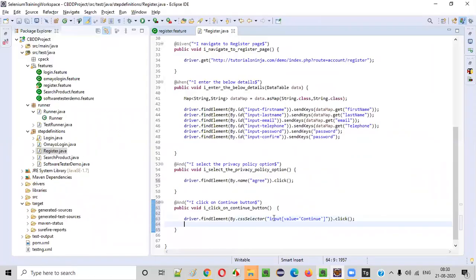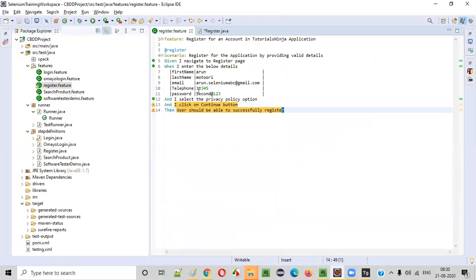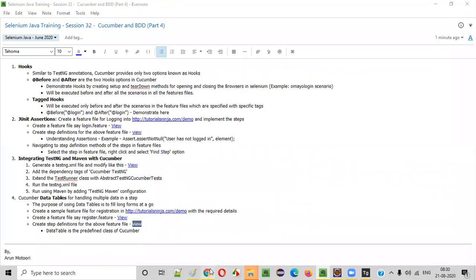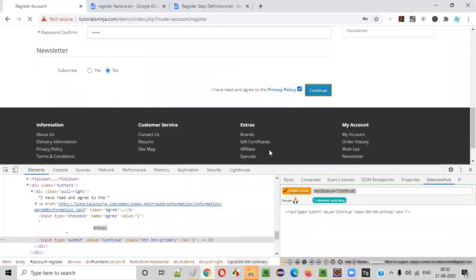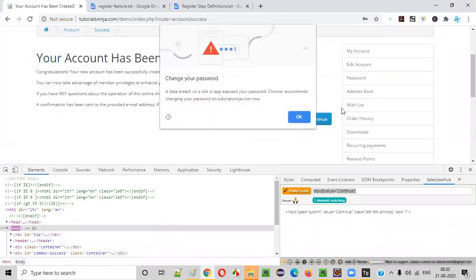So what is the value we are giving here for the password? For the password, 12345. Okay, so that's fine. Password second, at the rate 123, whatever it is. That's fine. I have to give something into the password. Click on checkbox and click on continue. Account has been created. Here you see,